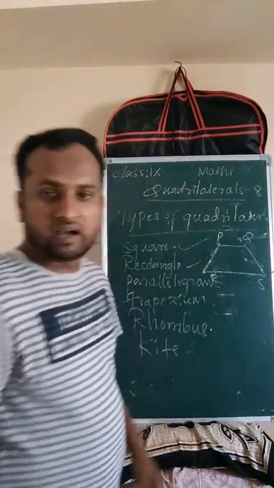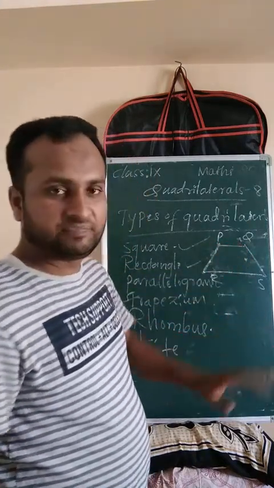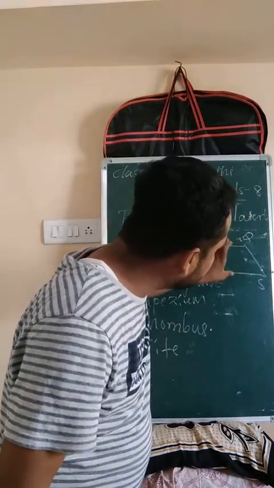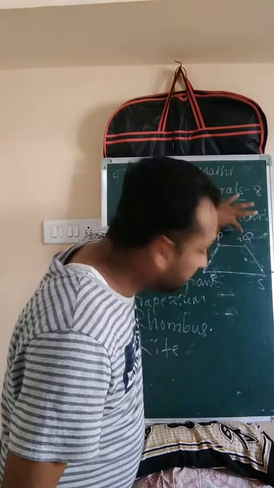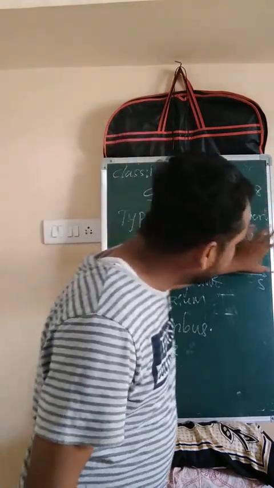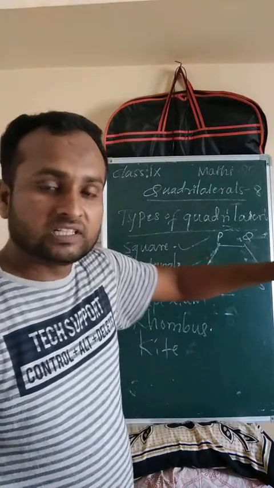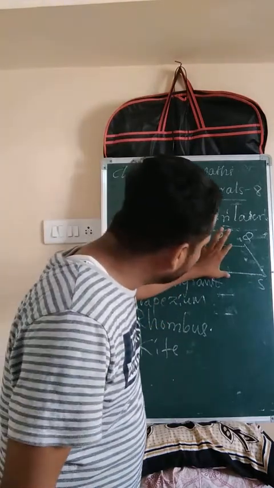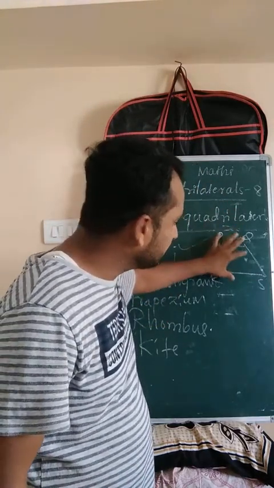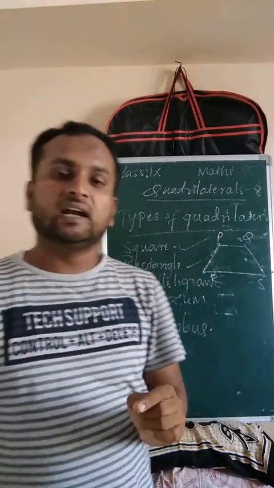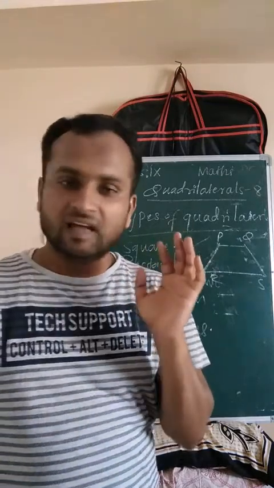PQRS is the trapezium here. See that only one pair of sides is parallel. PQ and RS are parallel. These other two lines are not parallel, because if we extend the lines, somewhere they will intersect, which means they are not parallel. What are parallel lines? Those lines do not intersect each other if we extend them up to infinity. Clear? Here only one pair of sides is parallel, so we call this the trapezium. Remember, a trapezium is a quadrilateral having only one pair of sides parallel.